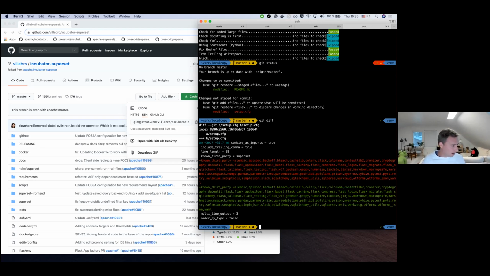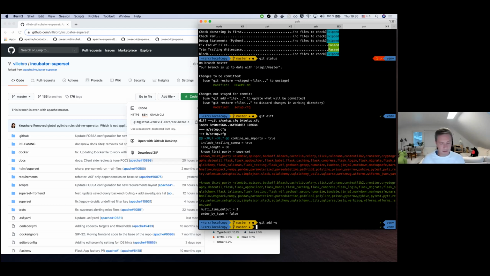So Git Diff. And what this linter does is an insignificant change here. This has to do with Python 3.6 versus Python 3.7. So there's a file that specifies any third-party libraries, and one of these libraries used to be a third-party library, and now in Python 3.7, it's no longer a third-party library. It's part of the standard library. So it's just making a change to one of those files. But if I'm happy with this change, then I just write git add -u, which is add all the updated files, and then